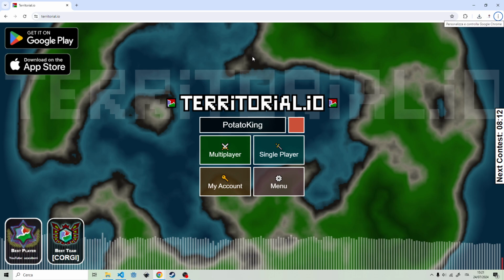Hello everyone! So you want to know how you can play territorial.io offline, on your desktop and not only on your phone. So you are on the computer, you want to play territorial.io, but there is no internet connection. Now, right now I do have internet connection, and this is necessary as a first step in order to